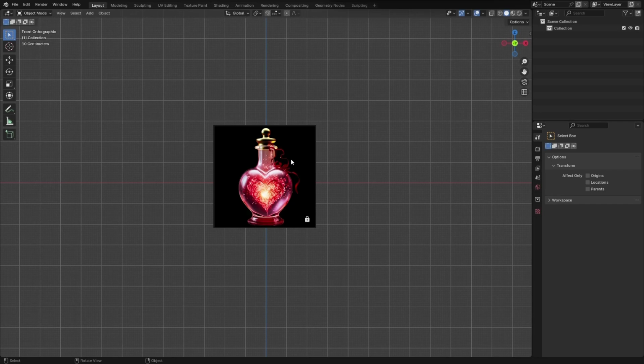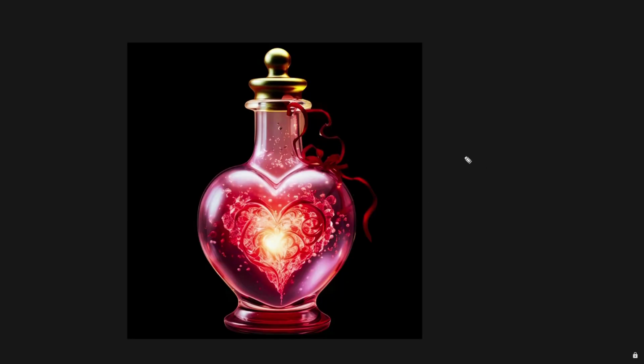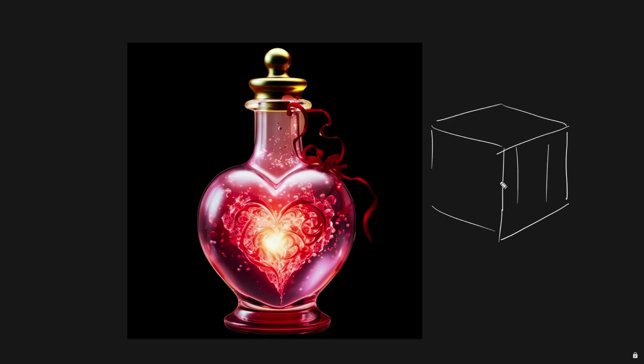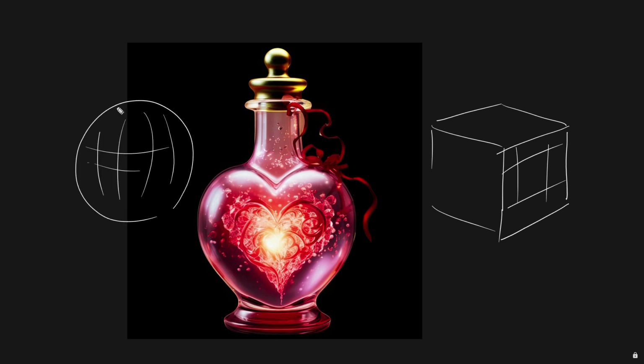Welcome back. It's now time to make our potion bottle. So let's review the plan. My plan is to start with a single cube and add some subdivision, make it a sphere, and from top I'm going to start making the neck, and from bottom, after flattening the bottom, start making the base or this stand part right here. So we need a sphere for this one, some extrusion and inset scale for this one,